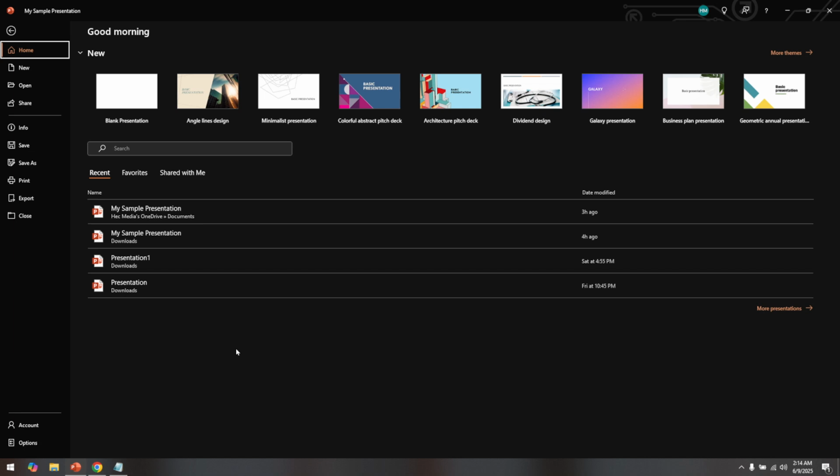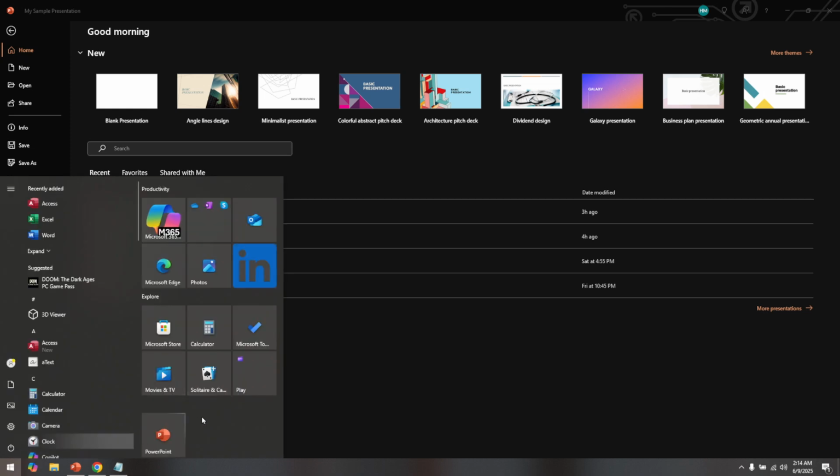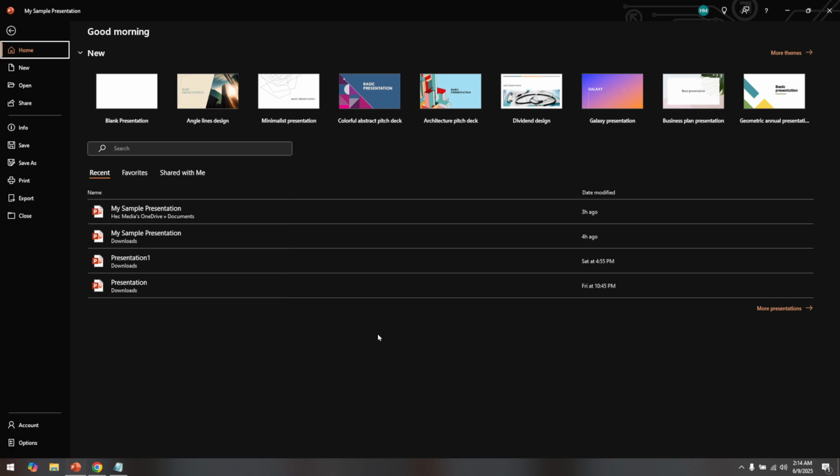with ease. To begin, you'll first need to open PowerPoint on your computer. If you've used PowerPoint before, you're already familiar with this step. Simply locate the PowerPoint application on your desktop or from your software menu and launch it. Once the program is up and running, it's time to access the presentation you want to work on. This could be a new presentation or one you've been working on previously. Navigate to the File menu to open an existing presentation or start a new one by selecting New Presentation from